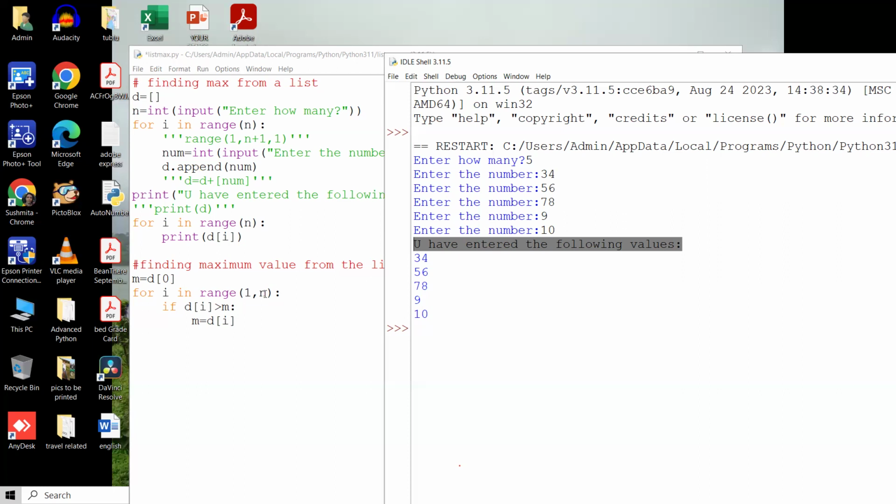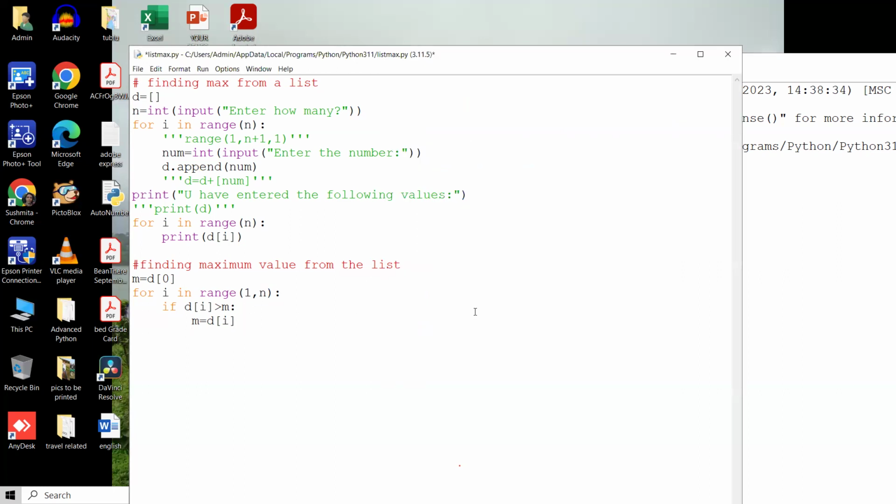And the loop finishes. Because 0, 4 तक ही चला है ना. N 5 है. 4 तक चलेगा. And the loop is over. When the loop is over, I'm out of my loop. And I have my maximum in the variable M. Right? So I'll simply write print, the maximum value is